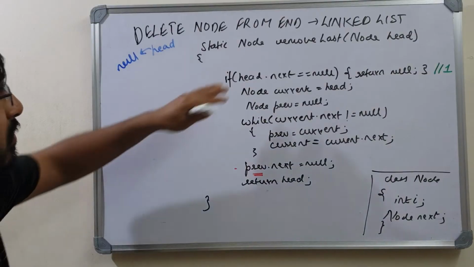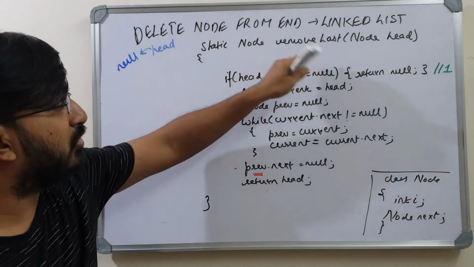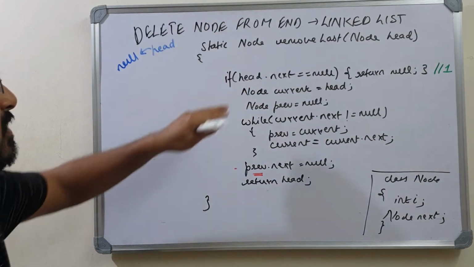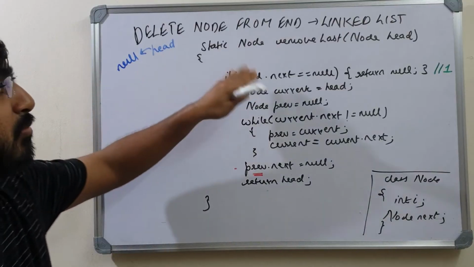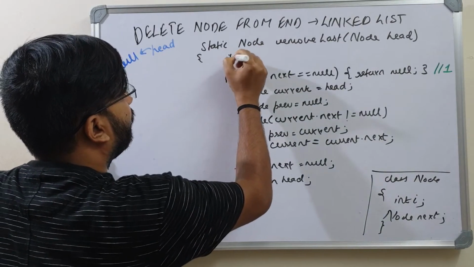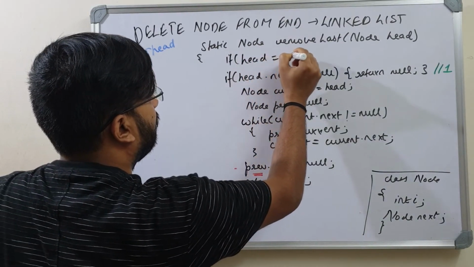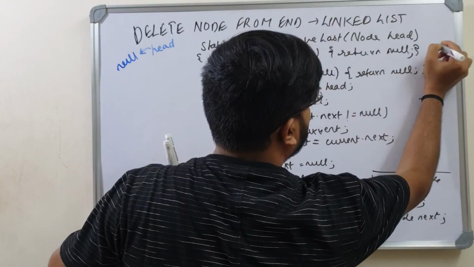Alright. So we'll call this method again with this list. That is, head is pointing to null and we are trying to remove the last node, passing this head into this method. We say head dot next is null. Head comes into this method, head is pointing to null, you get a null pointer exception. So there is one more check you need to add. You say if head is null, return null. And this is the second check, which is for the empty list.